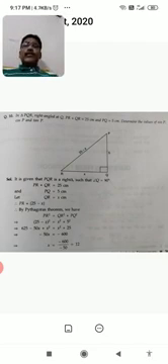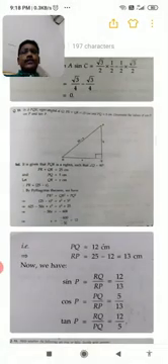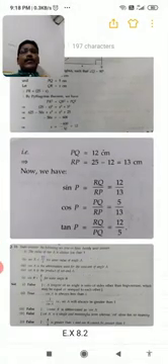Whatever you want, you can find it. For example, you want sin P, perpendicular upon hypotenuse. What is your perpendicular here according to angle P? Clear to you? So in PQR, tan P is this side, so you need to observe the angle. Now perpendicular is 12 upon 5. So here PQ equal to 5, QR equal to 12, PR equal to 13. Sin P equal to 12 upon 13. Cos P equal to base upon hypotenuse, 5 upon 13. Tan P equal to perpendicular upon base, 12 upon 5.